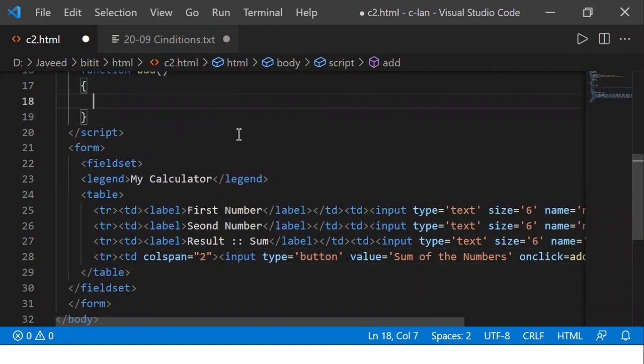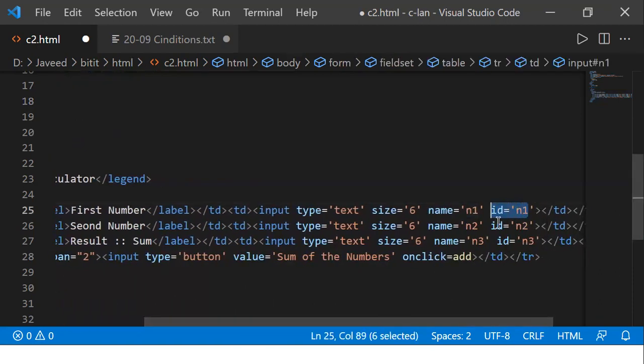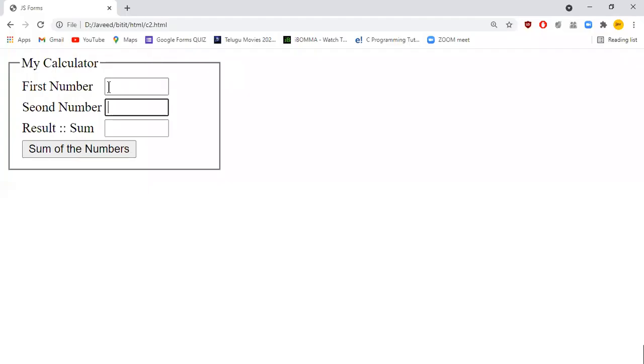Okay, let's see now. First, I have some numbers in the text boxes, number 1, text box number 2. That is what we gave the naming as. I gave the naming as N1, N2, N3. Able to understand the output there? So I have 3 text boxes. For this one, I gave the name as N1. For this, I gave the name as N2. For this, I gave the name as N3 internally in the coding part. Understood everybody, right? Okay. So what we have done, in the HTML page for this one, we gave the name as N1.